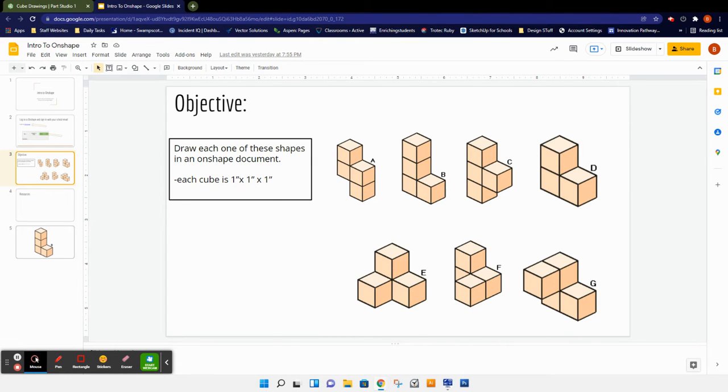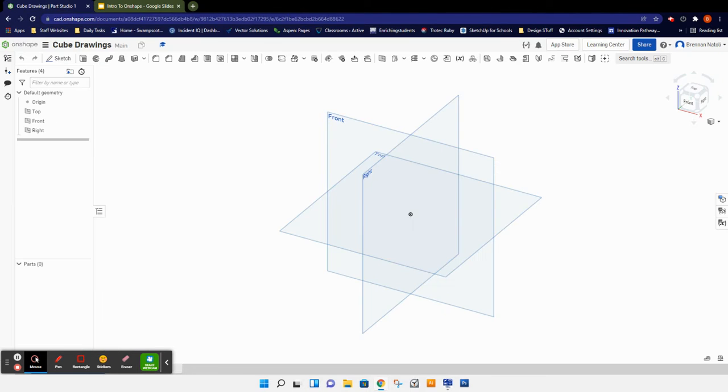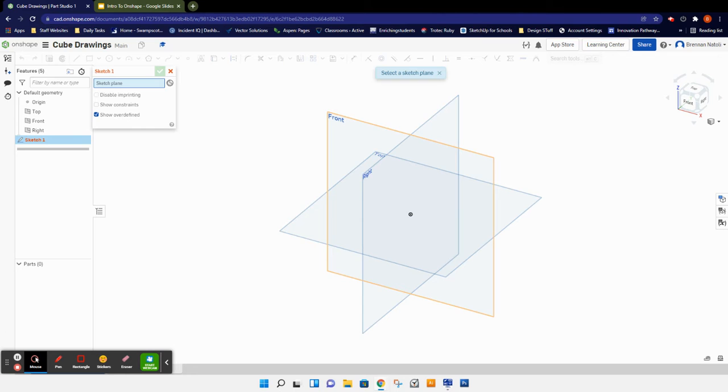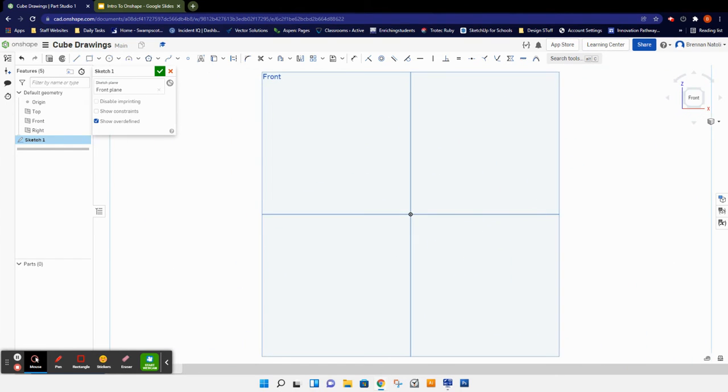What we're going to do for this one, we're going to draw this shape here, the basic L shape. So we're going to start drawing this on the front plane here. So I'm going to click the sketch icon here. The keyboard shortcut is Shift S, or I can click, and then I need to click the plane I want to work on. For this sketch, I'm going to click on the front plane. Now, I want to click the front view on the Navigator cube, so I reorient myself so I'm looking directly